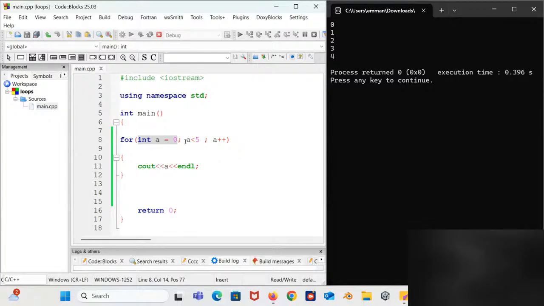Then the second one runs, that is the condition. After the second one runs, the body of the code, or the block of statements, the action to be done, gets executed. Then the third statement here gets executed. After that, we come back here again. We come and check the condition. We come and execute. Then we come back.